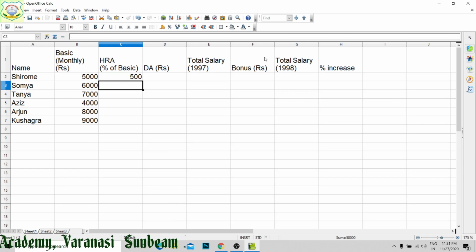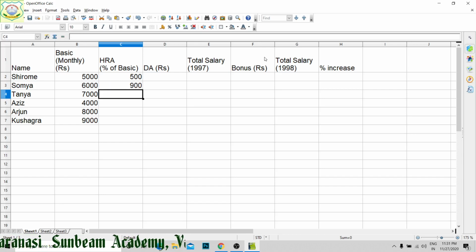10% of basic salary it has got. Now this is given 15%, equal to 15% of this, that is B3, right? Then 12% equal to 12% of basic salary, that is B4.